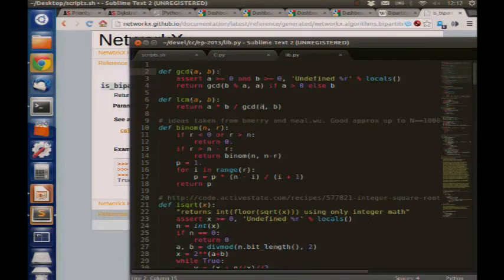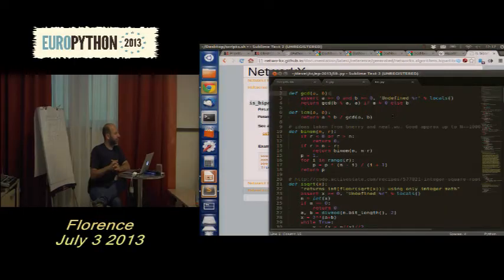LCM is exactly the same, as it uses the least common multiple and greatest common divisor. And these are very useful. They happen all the time. I happen to use this all the time. For example, if they ask you the direction of something and you have the vector, you need the common divisor. In integer stuff, you may have several vectors that have the same direction, but if you divide by the greatest common divisor of the two, you have only one vector, and you can identify the direction.